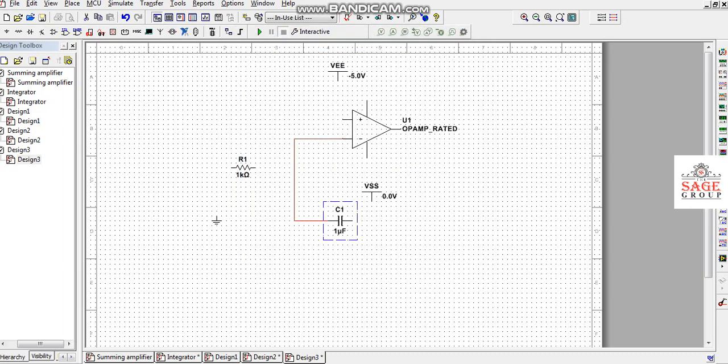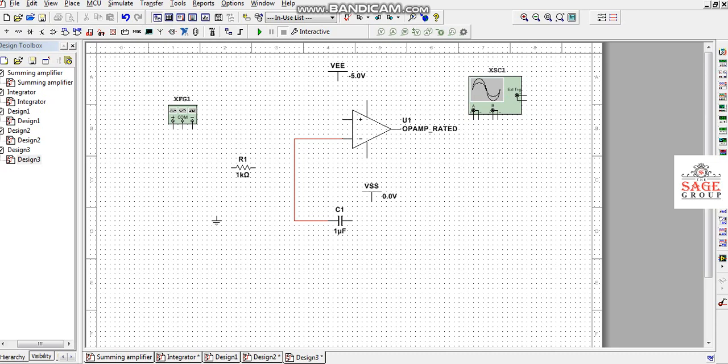If I want to give the input, I will take it from here. This is the function generator, so I just click the function generator for giving the input, and this is our CRO. I just place the CRO in this circuit board. With the function generator, we will give the square wave input to the inverting terminal of the operational amplifier.